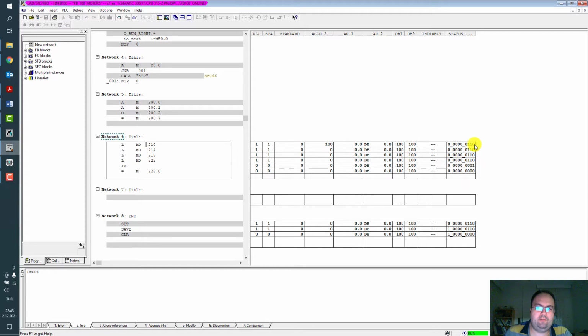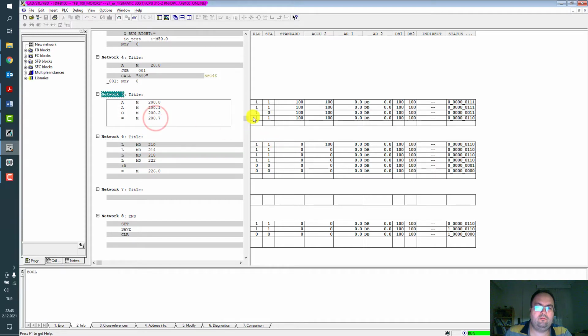Yep, here the first check bit is 0. Comparison command first check bit is true and output is false. RLO and status is true because it was true at the last command and it will continue until here.